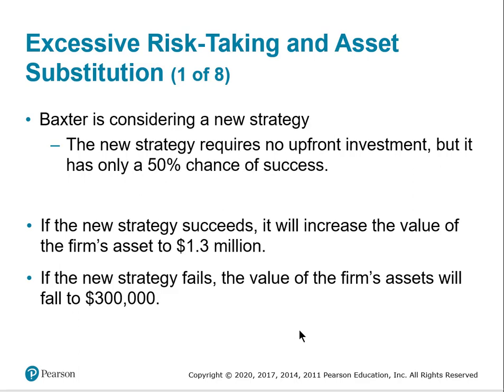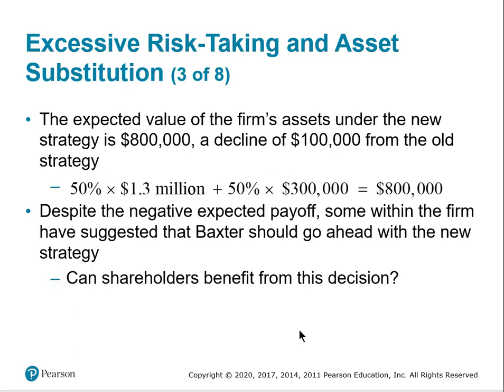If it succeeds, $1.3 million is the increase in value to the firm's assets. If the new strategy fails, the value of the assets is going to fall to $300,000. So a pretty big difference between values between success and failure. So the expected value of the firm's assets with this new strategy is $800,000. This is still a decline of $100,000 from the old strategy. So despite this negative expected payoff, some within the company might have suggested that they go ahead with this